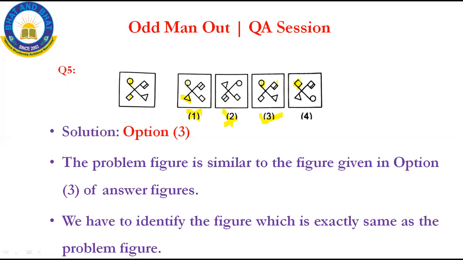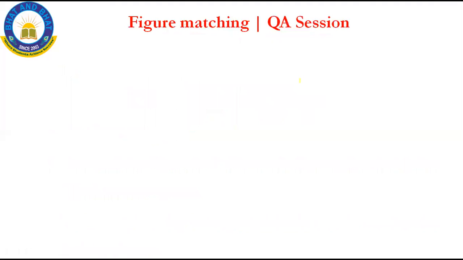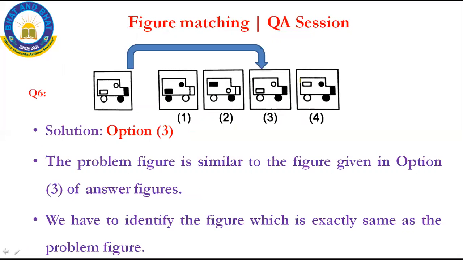This is a very easy chapter where you can score full marks, but we have to go through each and every option, and you should be calm and patient while solving this question. If you are in a hurry, then you will definitely make a mistake. Okay, I hope you are all following what I'm teaching. It is very easy. Then we'll move to the next question. Yes, next question. It's the toy.